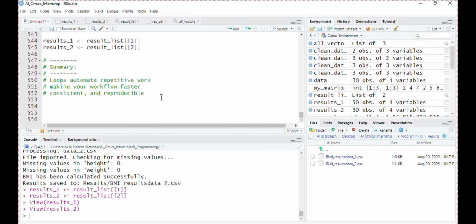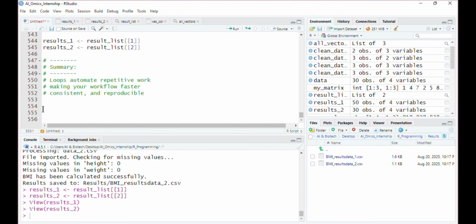But if you are going to run a loop that has a lot of repetition or multiple steps, it is always better to try it with a few repetitions. Before applying this to multiple data sets, you have to check the results or output to see if the loop is working fine or not before processing your actual data set. So I hope this session is informative for you.